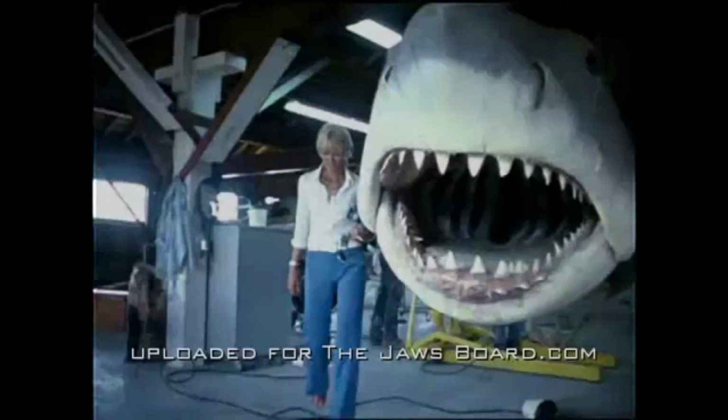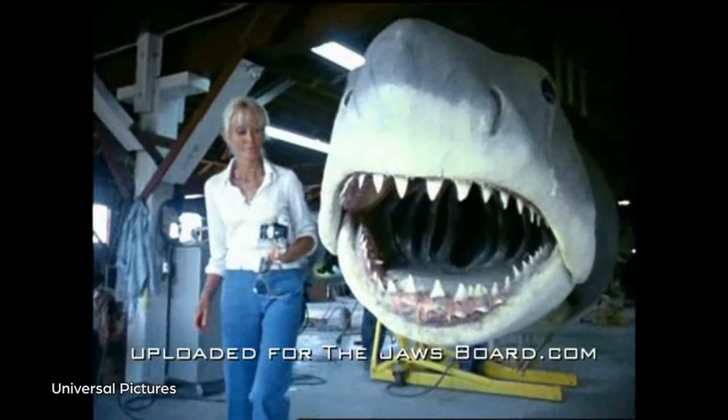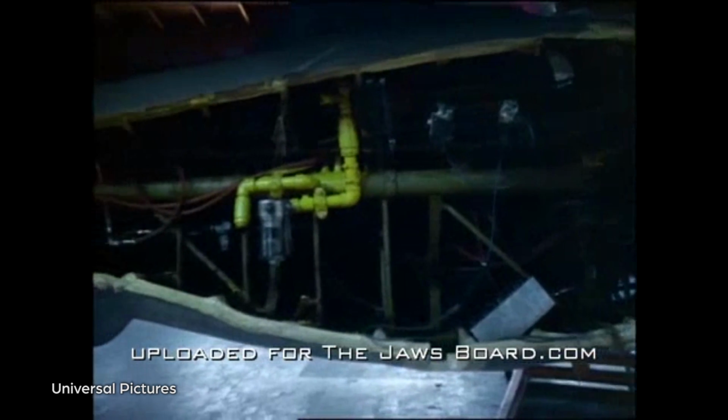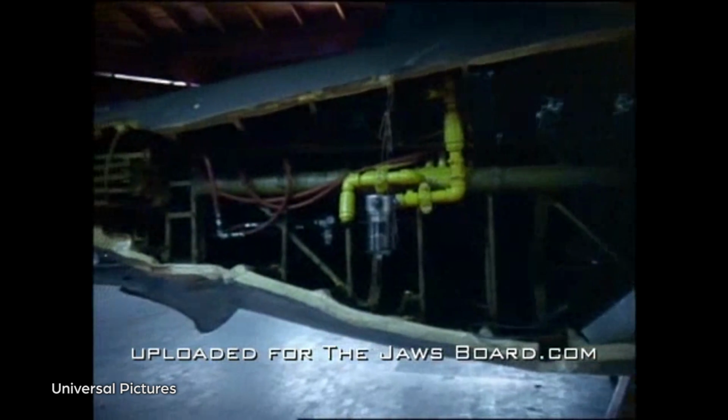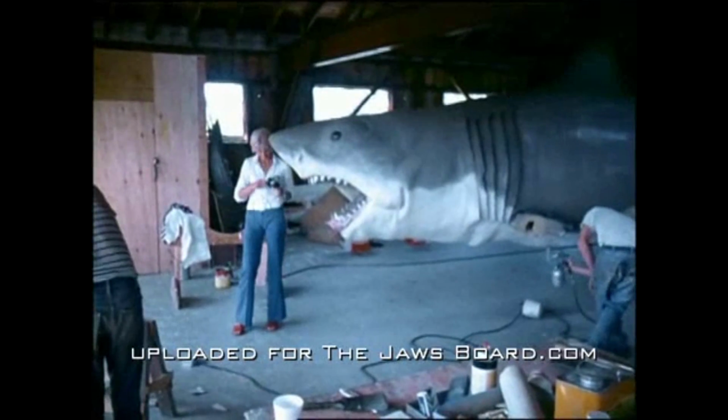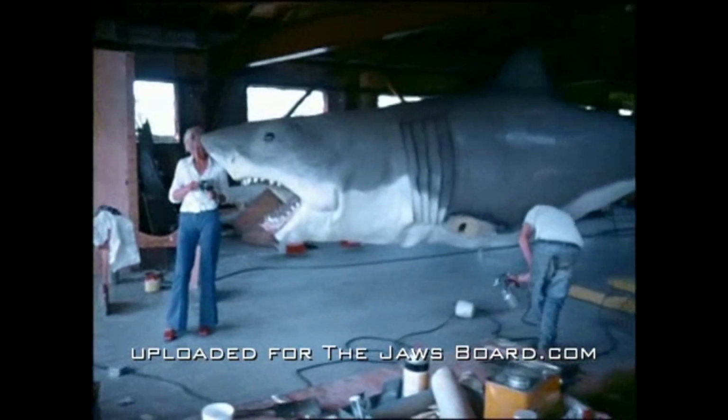That would be good old Bruce, the mechanical shark from Jaws. Bruce was actually a collection of 3 mechanical sharks that each cost around 150 grand. They each had a specific range of movement. One did right to left, another left to right, and one did underwater scenes. Thanks to movie magic, together these 3 mechanical sharks made up the final Jaws that struck such fear in the